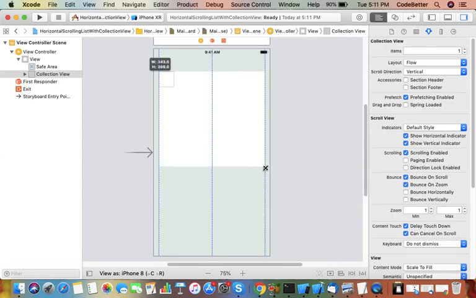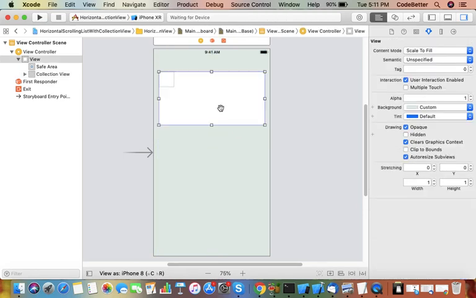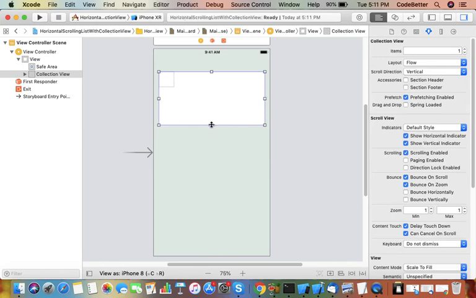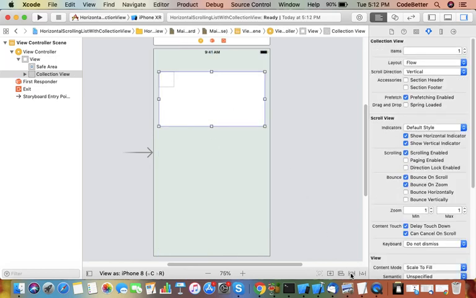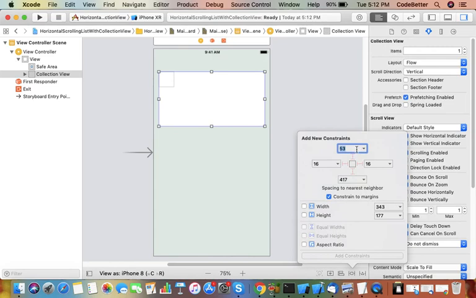This is our collection view. It can be of any size, but since we want only horizontal scrolling, we can make it smaller. Let's say its height is around 175. For width, we may put some constraints around it: top space 20, left space 5, right space 5, and height 175.